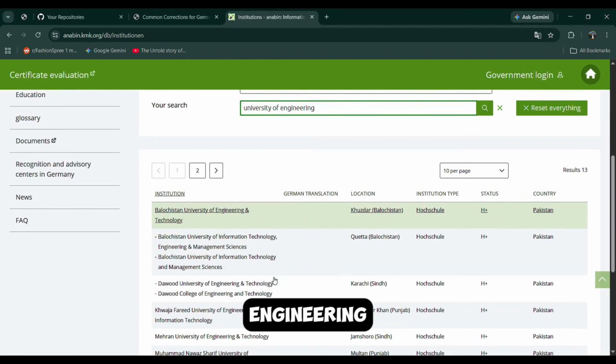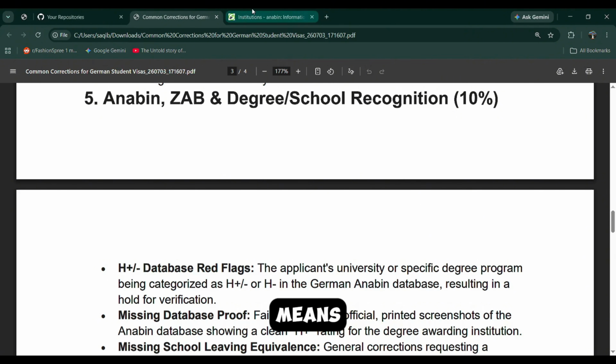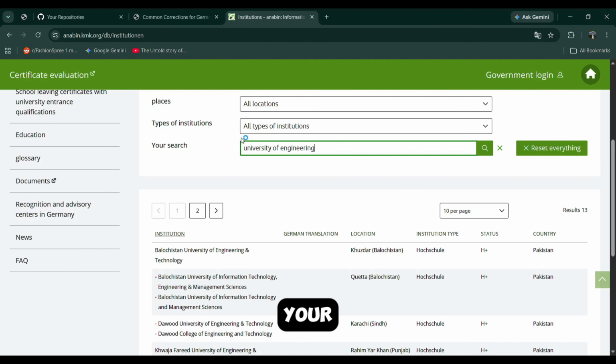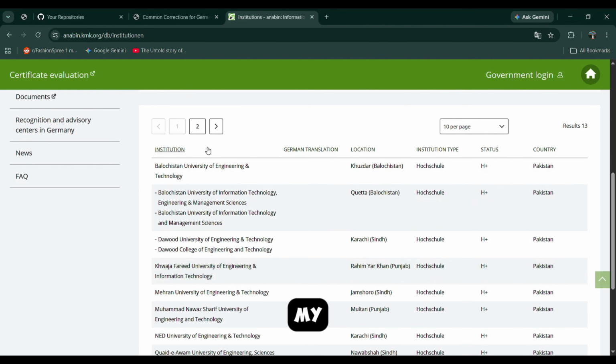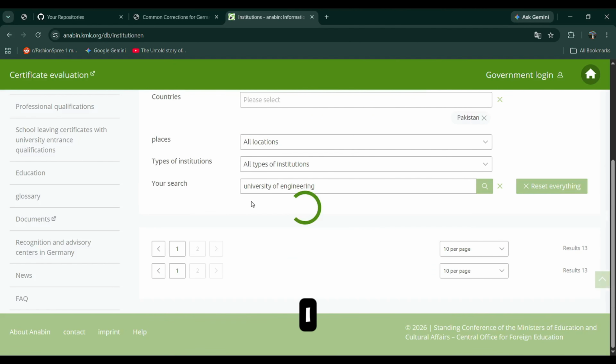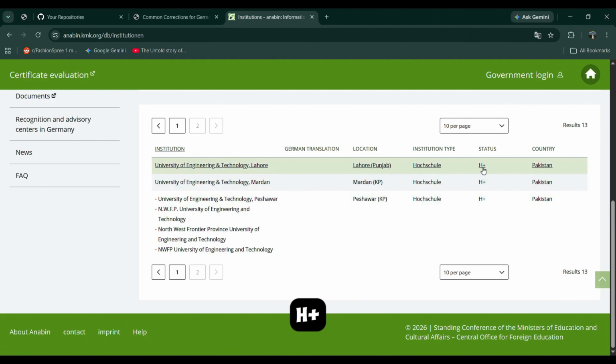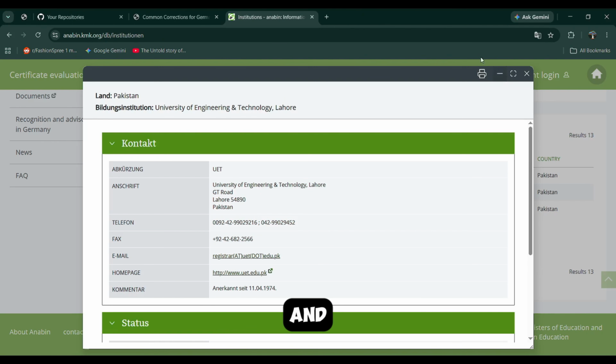Engineering. Okay, yes. So this H plus status means your university degree, your institution is fully recognized in Germany. So this is what is meant by H plus. My university is University of Engineering and Technology, Lahore. I will check for mine here. So see, my university is H plus. I will click on this and print this document and upload it